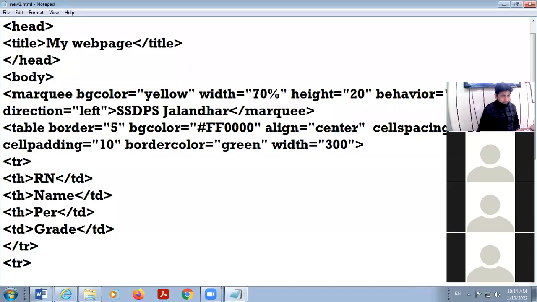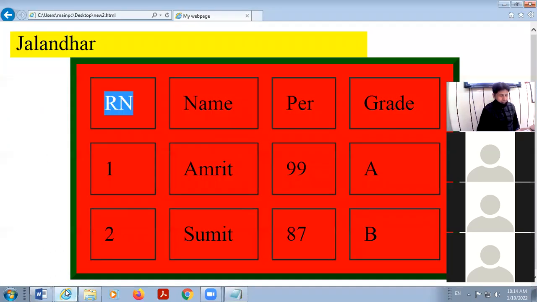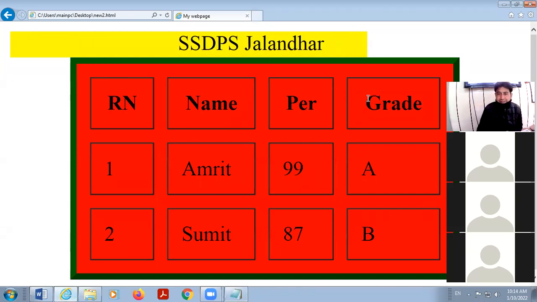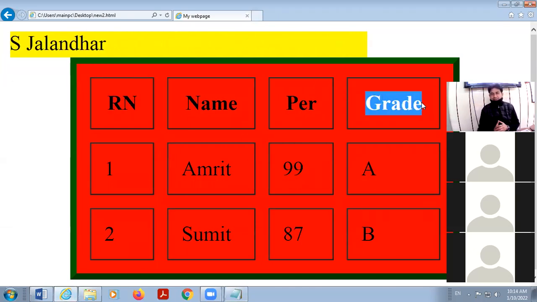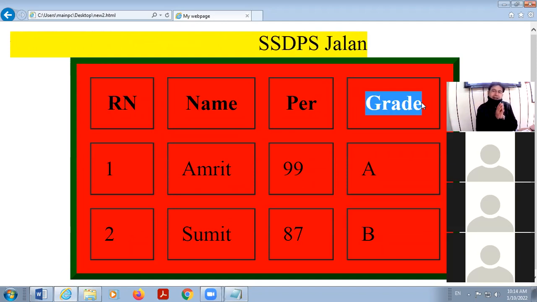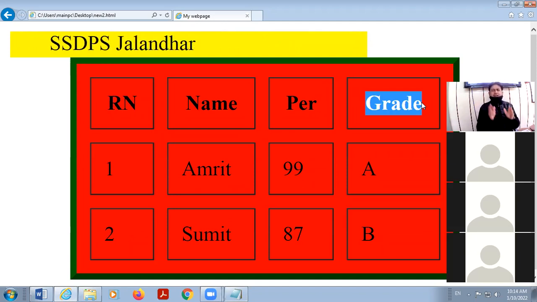Okay, so I take TH and then I refresh my web page. So contents are bold and center aligned. So difference between TD and TH is, in TD text is left aligned and normal.